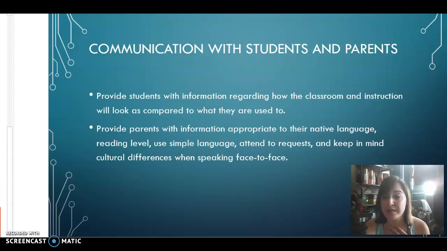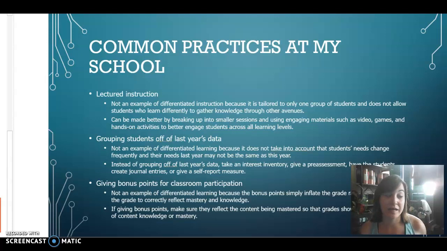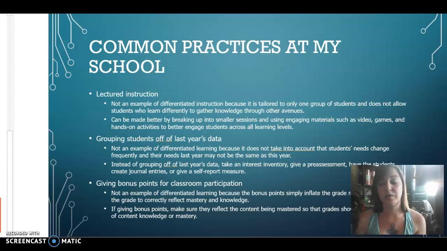So, at my school, some common practices are lectured instruction. It's not a very good example of differentiated learning because it only tailors to one specific set of our students. It does not take into account those who need to write things down. It does not take into account those who need more visual learning. It can be made better by breaking it up into smaller sessions or using engaging activities such